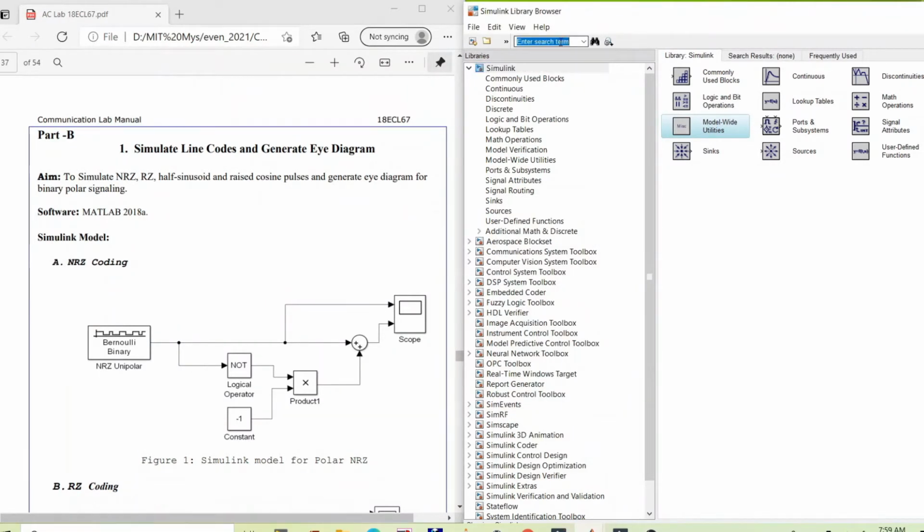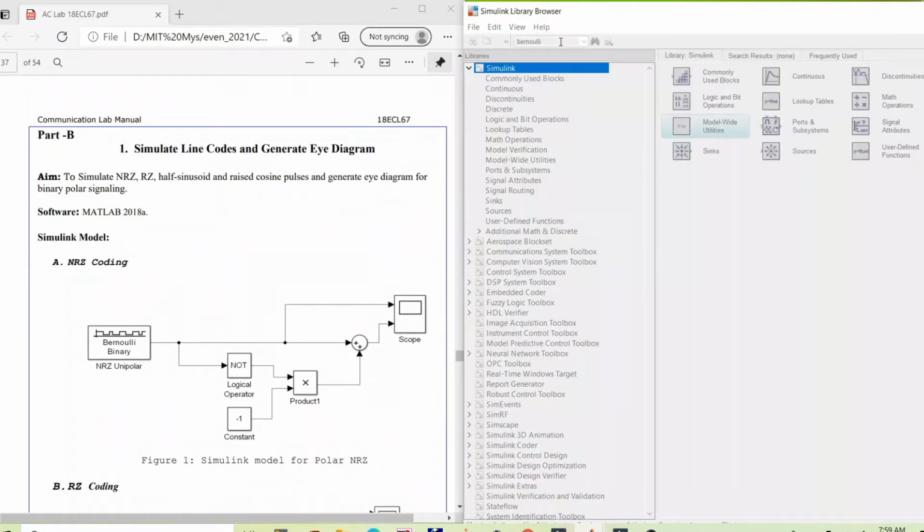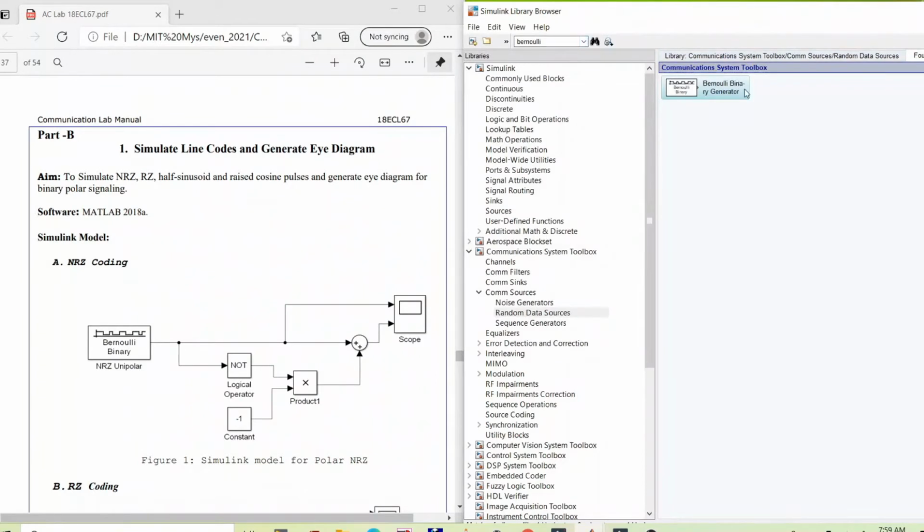I have to search for the block Bernoulli. It is available over here. Just right click on it and say add to untitled. So it will be added to our workspace already created.